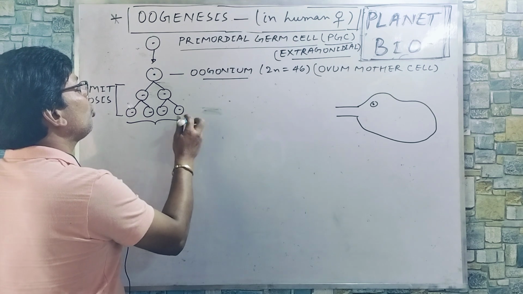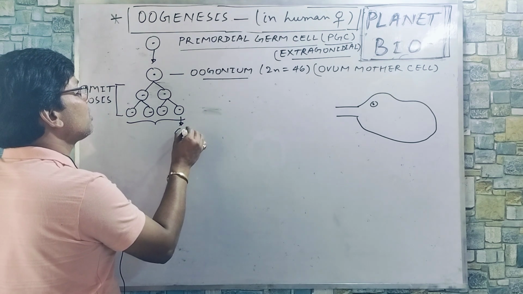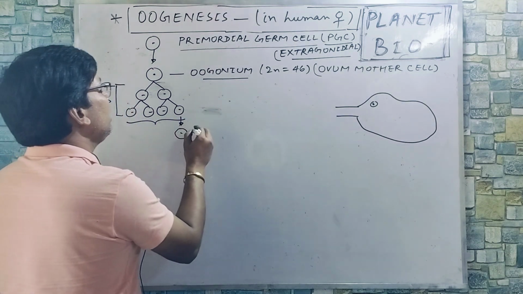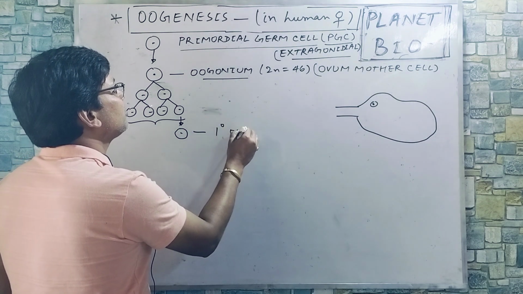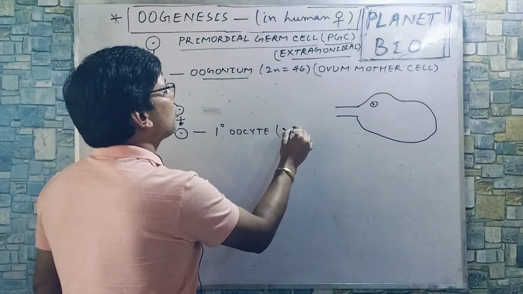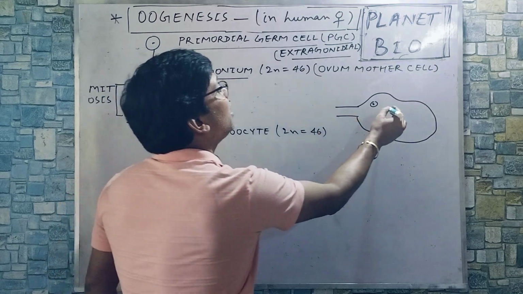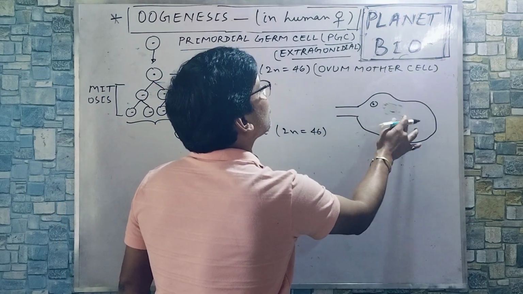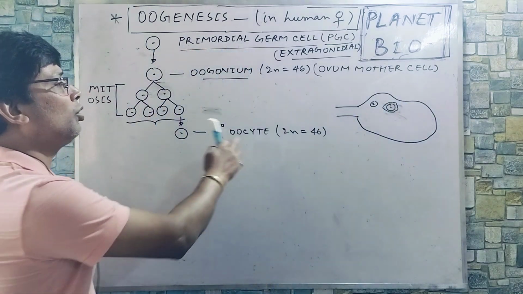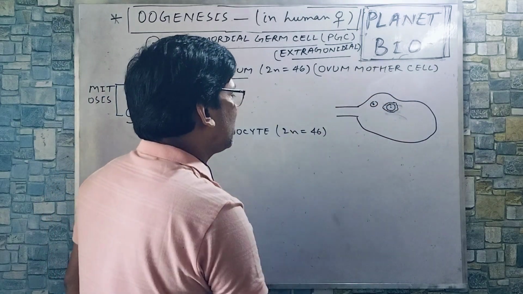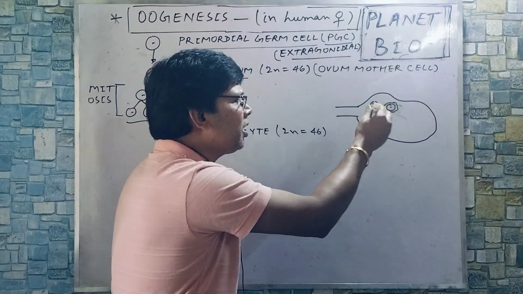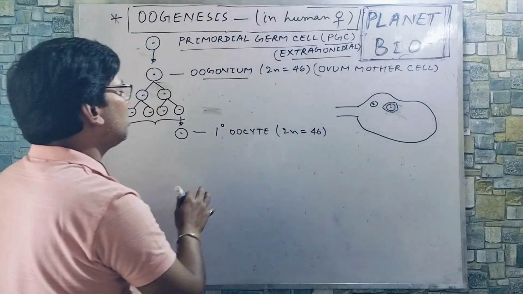एक को कंसिडर कर रहे हैं, थोड़ा सा इसको स्पेस देंगे, थोड़ा ग्रोथ फेज में ले जाएंगे। ये तो डिवीजन माइटोसिस का हो गया, थोड़ा इसको नरिशमेंट देंगे, ग्रोथ फेज करेंगे। अब ये कहलाएगा प्राइमरी oocyte। प्राइमरी oocyte जो है अभी भी ये 2n = 46 है। इसका ज्यादा डेवलपमेंट नहीं हो रहा है, ये थोड़ा सा ग्रोथ हुआ है और इसके ऊपर थोड़ा ग्रेनुलोसा सेल बन गया। प्राइमरी oocyte प्लस ग्रेनुलोसा सेल मिलकर हो गया प्राइमरी ओवेरियन फॉलिकल। प्राइमरी oocyte प्लस ग्रेनुलोसा लेयर, छोटा छोटा सेल्स का लेयर, तो ये क्या हो गया, प्राइमरी ओवेरियन फॉलिकल।